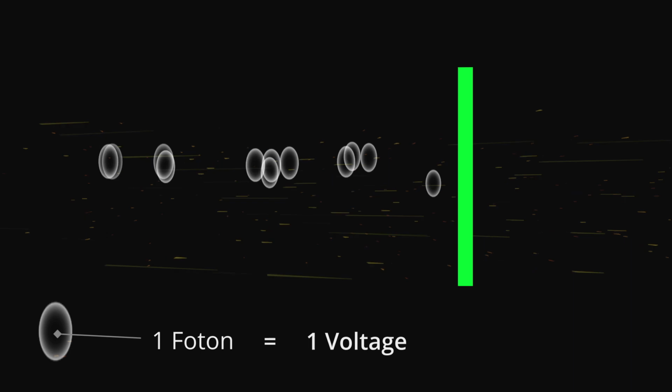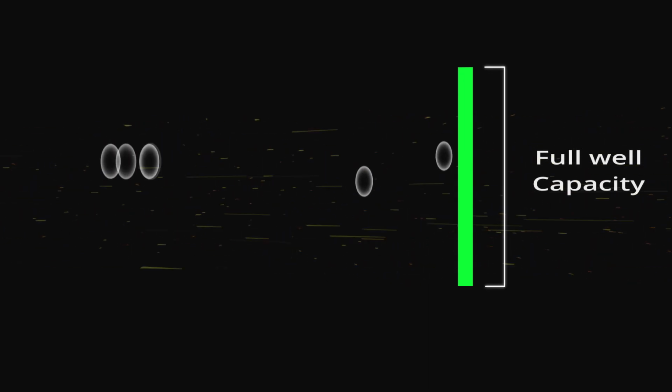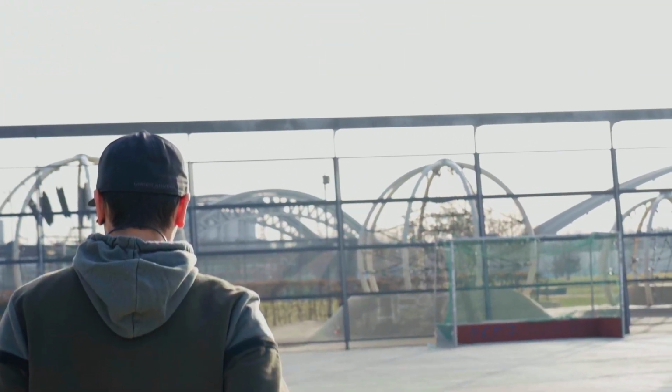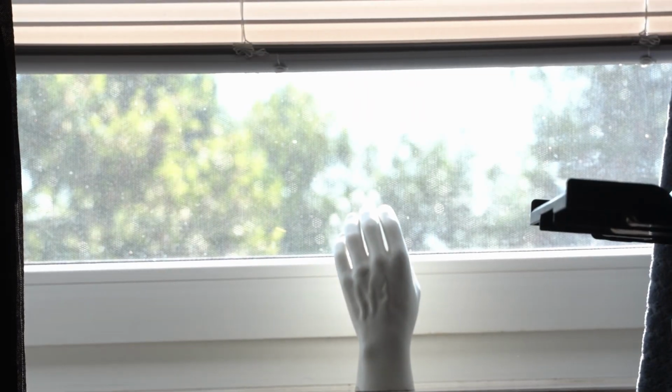When light photons hit the sensor, the photons charge a voltage. Let's say a photon is equal to a voltage, however, it only works up to a point. It's like a capacitor. Each sensor has a maximum amount of charge that the photosensitive material can store at once. And if it's fully charged, the voltage doesn't change. So the brightest part of the image is effectively clipped and can no longer contain information. This is the reason why our highlights blow out when the image is too bright. If you only had to worry about the full well capacity, we could reduce the exposure until no pixel is clipped